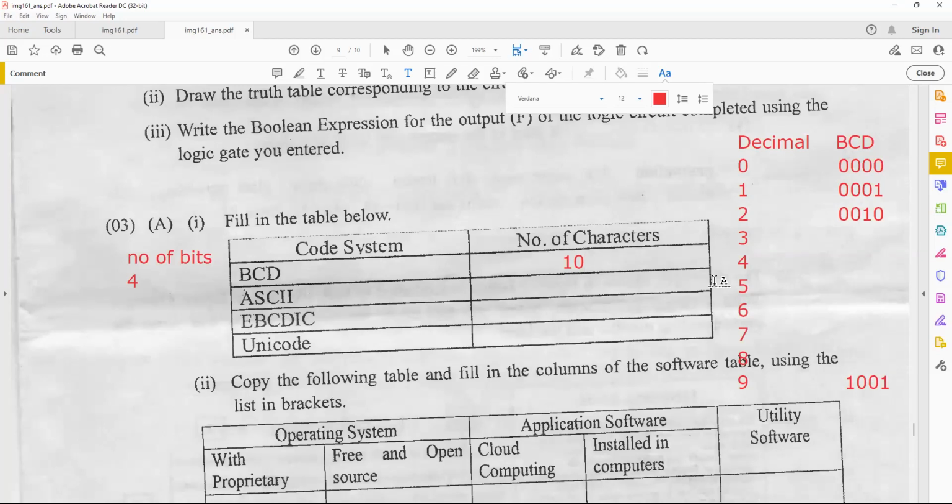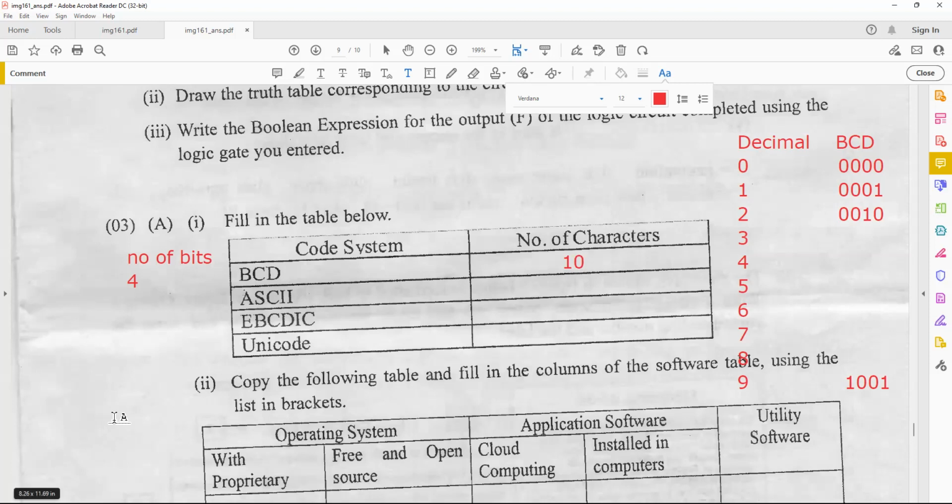So for example, a simple question. No, it's not 16 because we are supposed to represent only 10 digits. Others are not used. Although using 4 bits we can represent 16, binary coded decimal uses only 10 out of these 16. So make a note of that. That is very important.